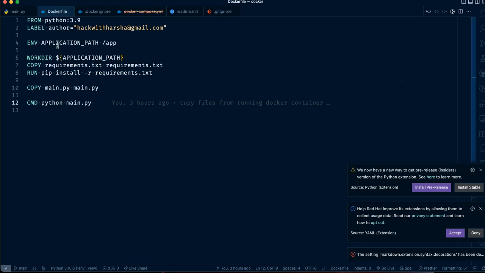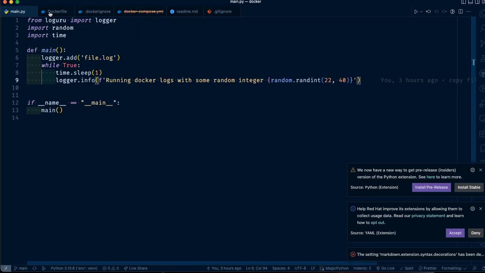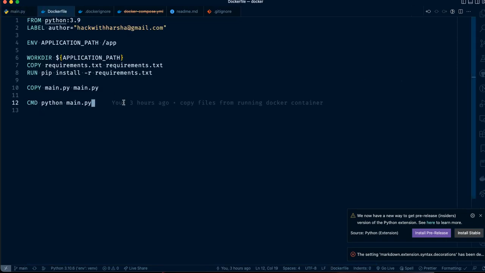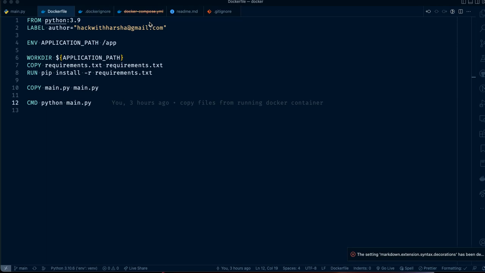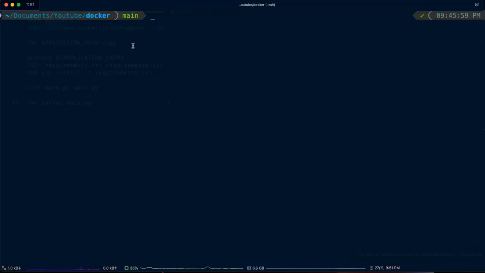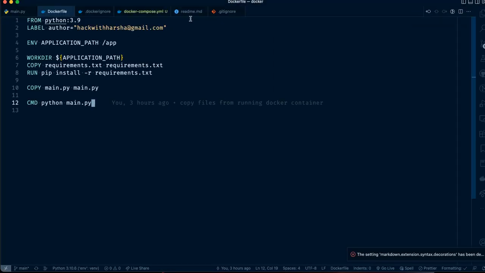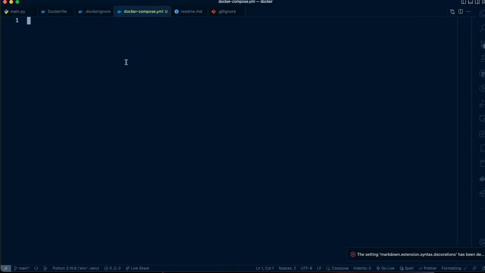And I also created a Docker file which we can use to build an image for this main.py file. Now let's go back. To create replicas we need a Docker compose file. Let's create the Docker compose file. Once you have the Docker compose file, let's go back to the editor, and the first thing that